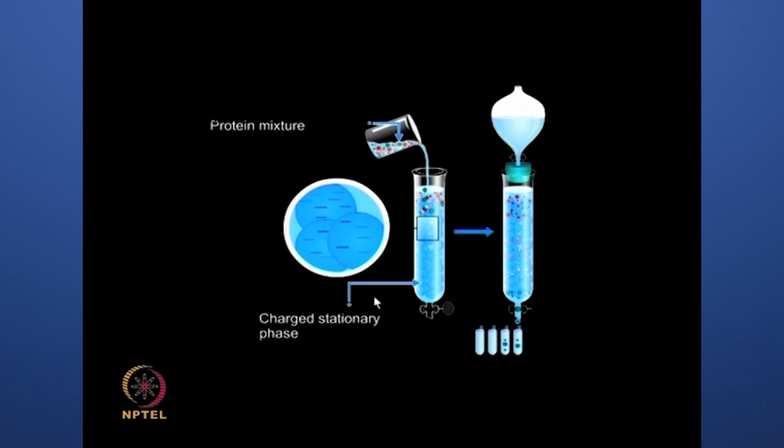The unpurified protein mixture, which consists of proteins of different net charges, is loaded onto the column. The proteins having charges opposite to that of the stationary matrix will bind to it, while the remaining proteins will be eluted. Mobile phase: the proteins are eluted out of the column by using a suitable mobile phase, and then samples are collected